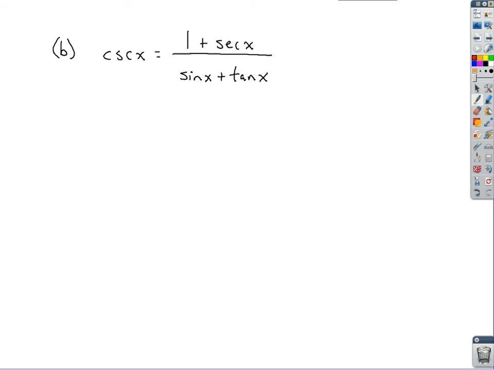So for our part B example here for our verifying problems, I split up my two sides and I work with the side that's got the most to play with. Obviously that'd be the right side on this one. So thinking back once again to how I deal with trig expressions, a lot of times I like to change things over so that it's in terms of sine and cosine. If I do that on this one, I could start by writing out my numerator as 1 plus 1 over cosine of x,